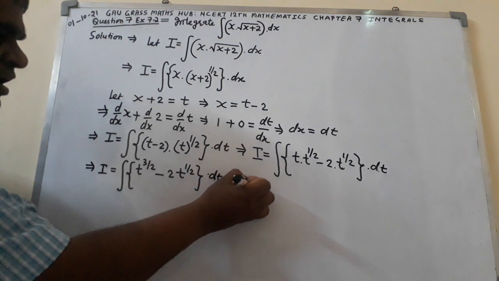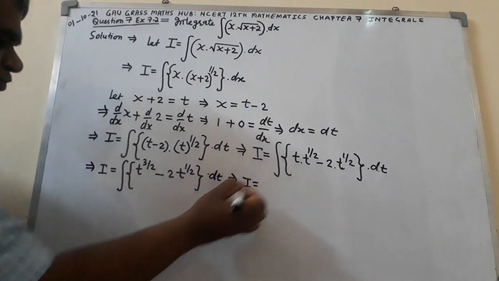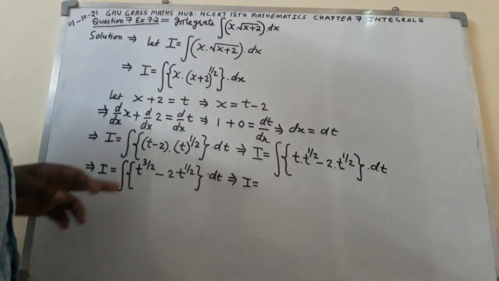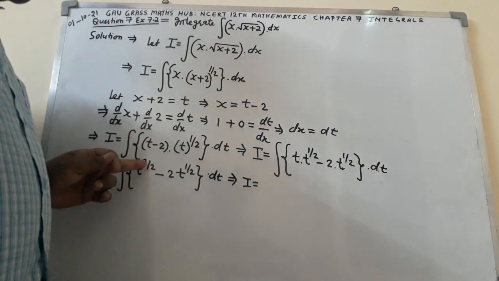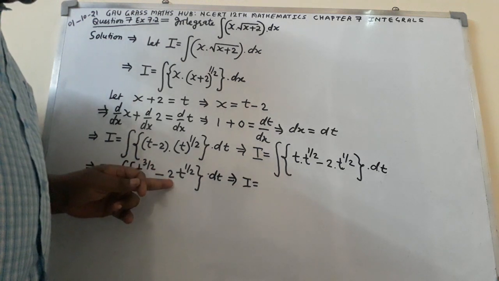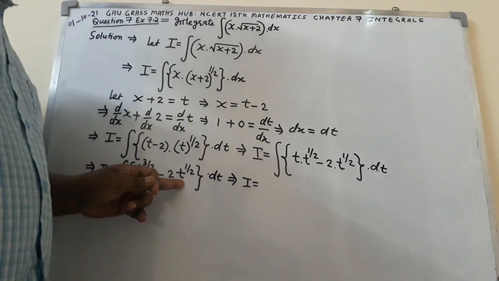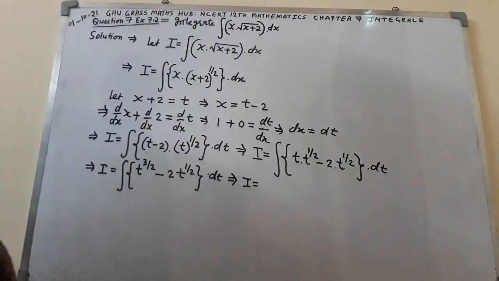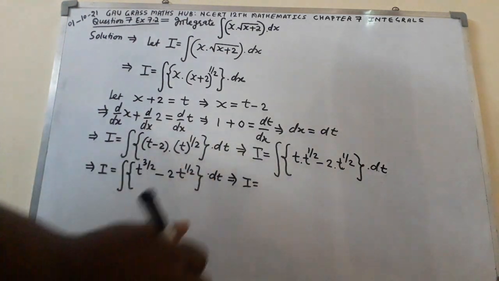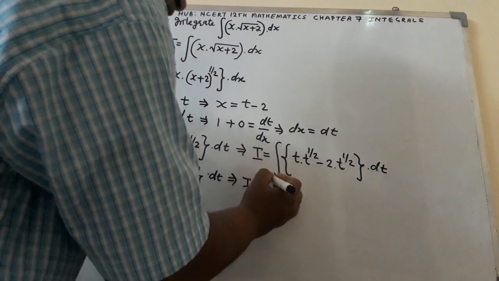Here the first term is t raised to the power 3 over 2, the second term is minus 2t raised to the power 1 over 2. On separating both terms, conjugated with dt, it comes out to be I equal to integral